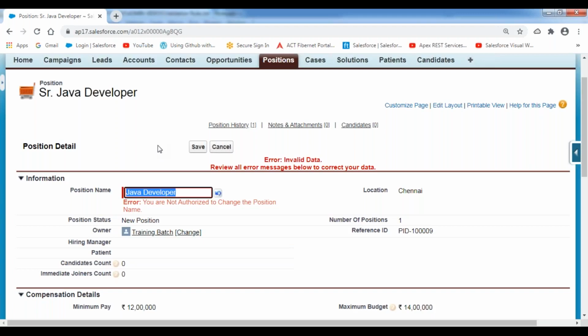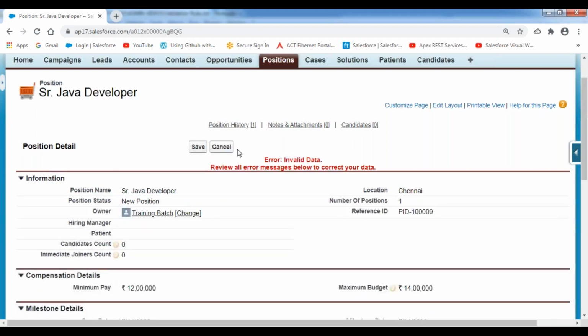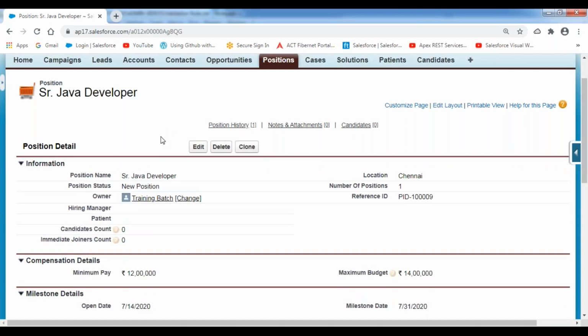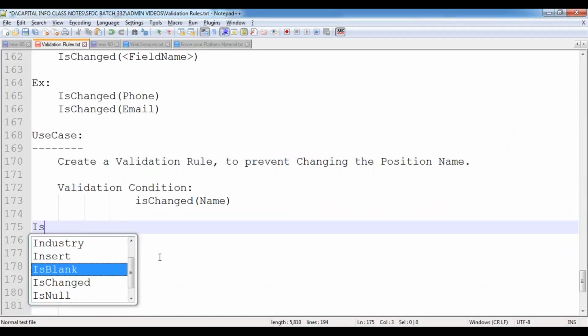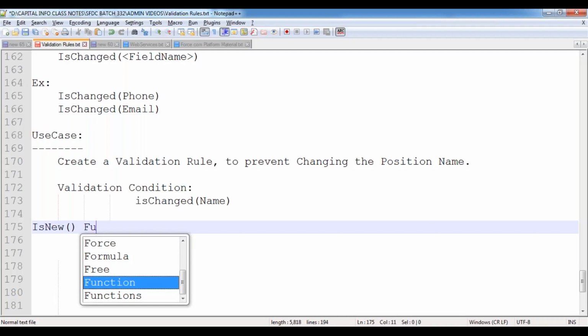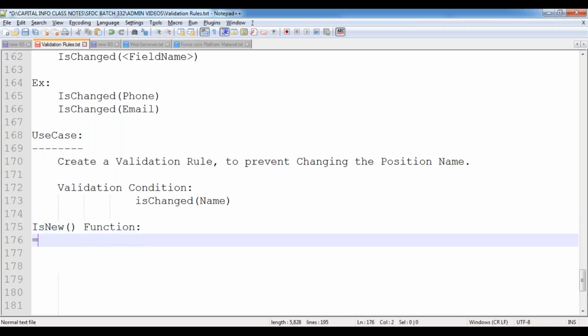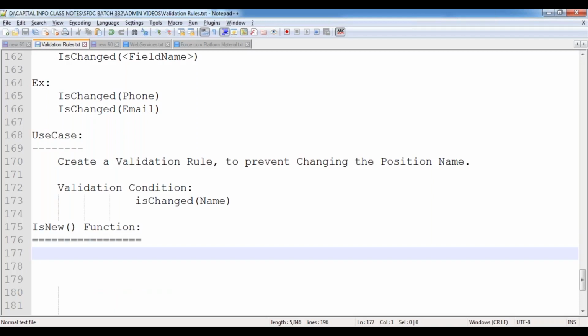Okay. Next one. Next function. Next one is the is new function. So what is this is new function and what is the use of this one? Now, in this case,